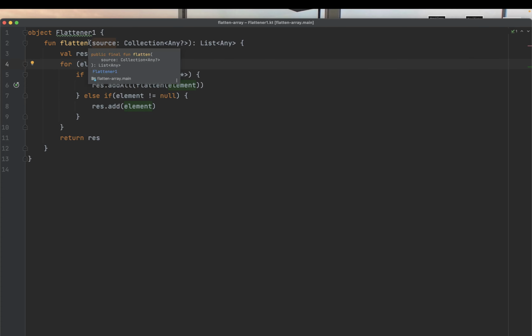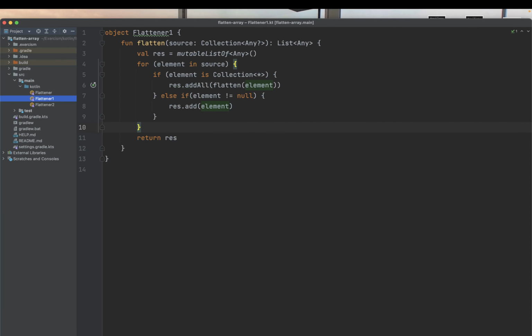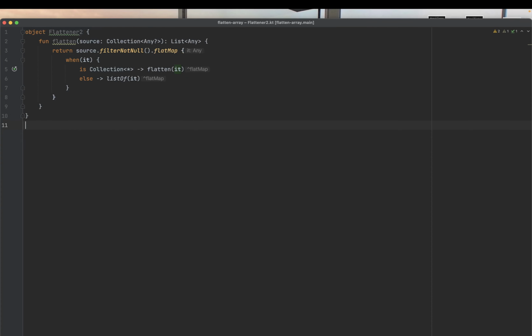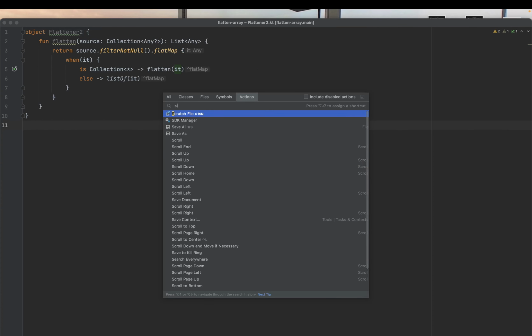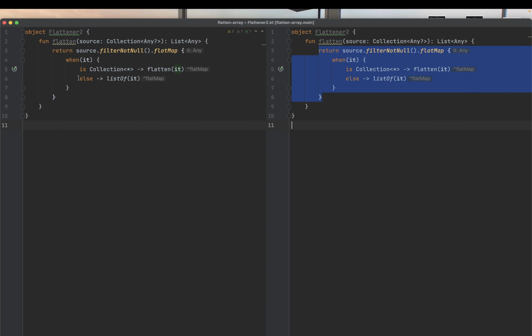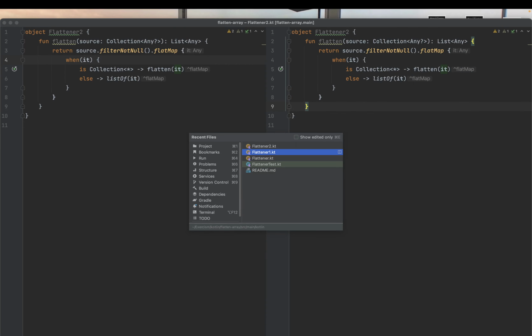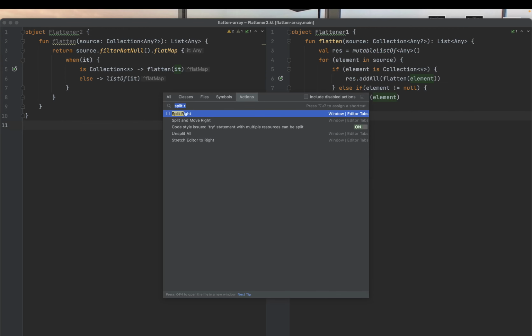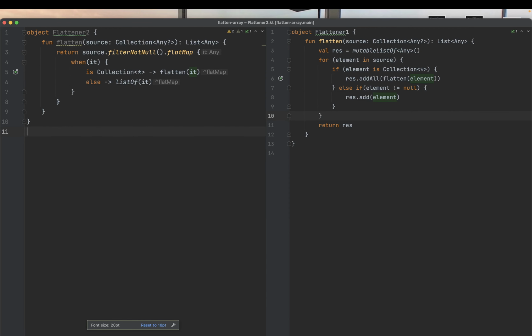It does pass the test cases, but it's not functional, because we have this mutable list and then we add to it as we go. So that's not the ideal solution. So how can we improve it? We can improve it by first, instead of, let me just put them side by side, split right and take the first one. So what we can do instead is here,